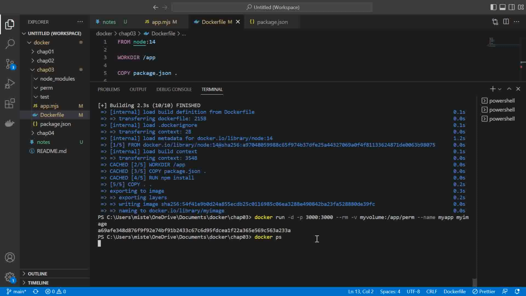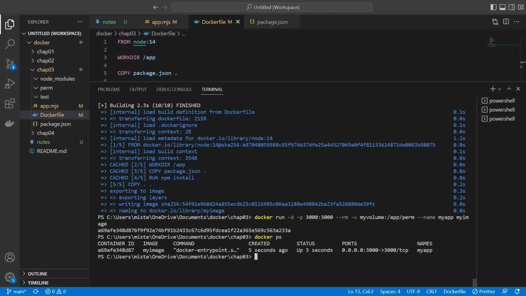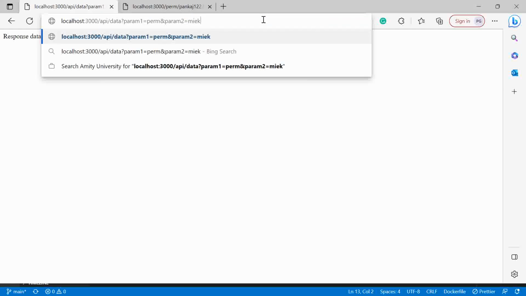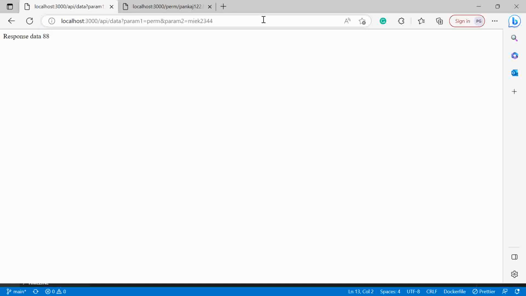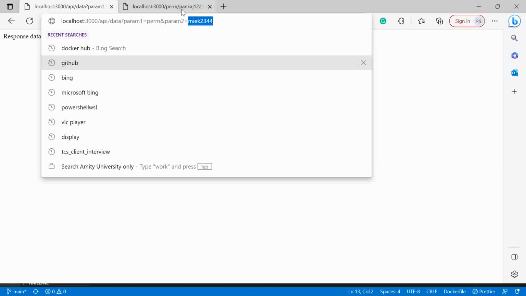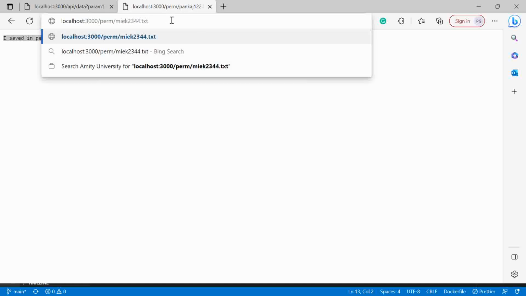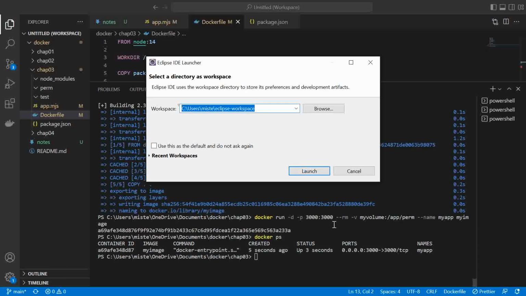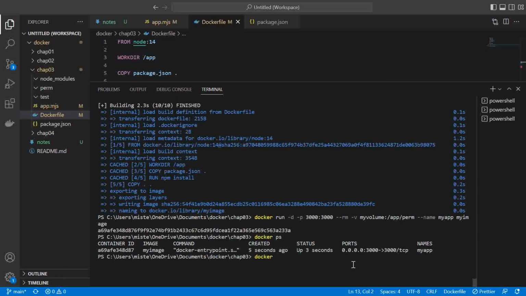Docker ps, the container is running. Okay, let's go to the browser again. Here, let's do this first. Okay, so now we do anything. My 3 4 5 6. Okay, this is done. Now go here. Mic 2 3 4 5 6. This is saved. So now again we will first see whether the volume